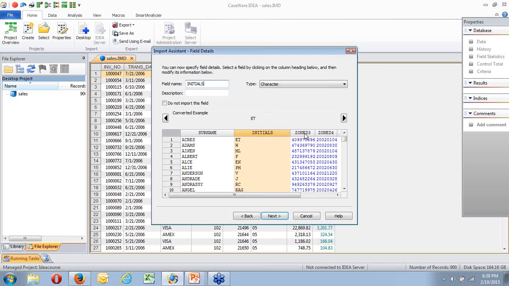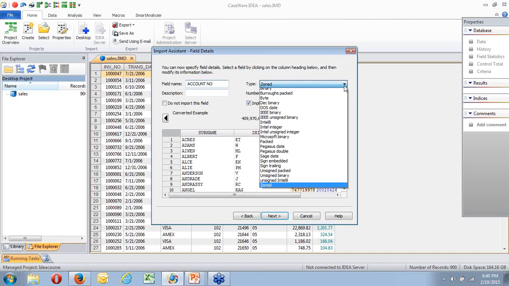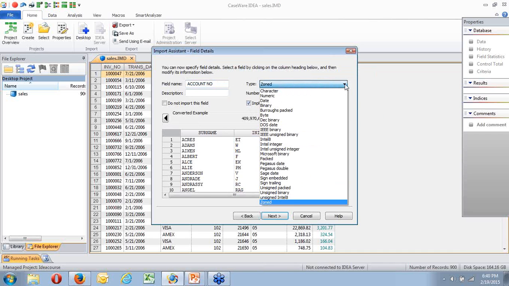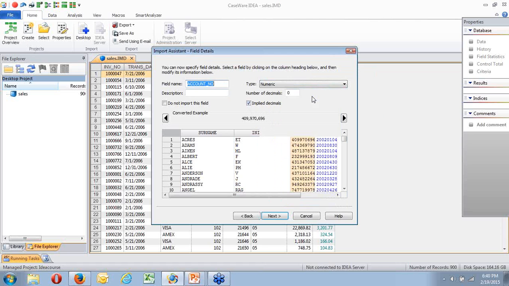The next one is my account number. And you can see that it's defined it as a zoned field with implied decimals. It's not a zoned field, it's simply a numeric field. So I'll go up and put it as numeric and leave it at that.